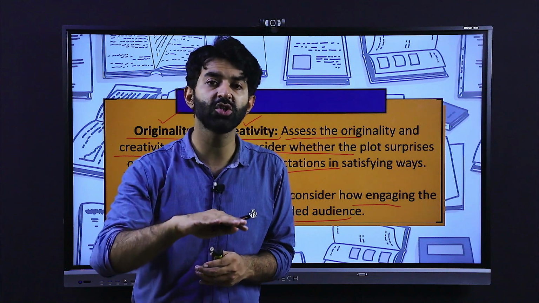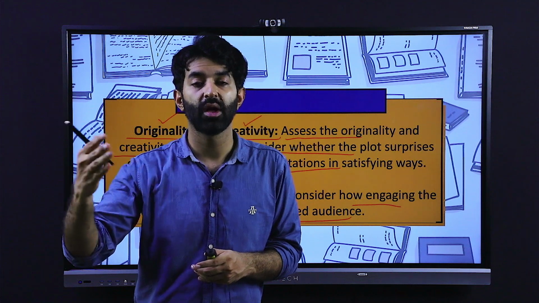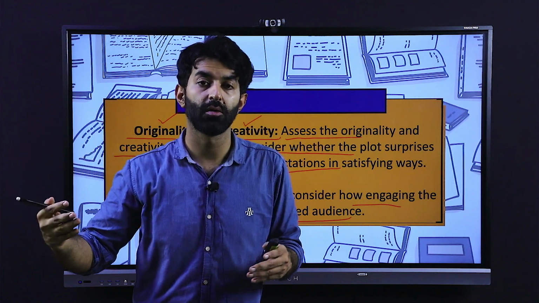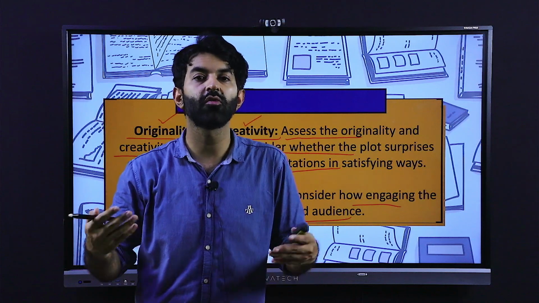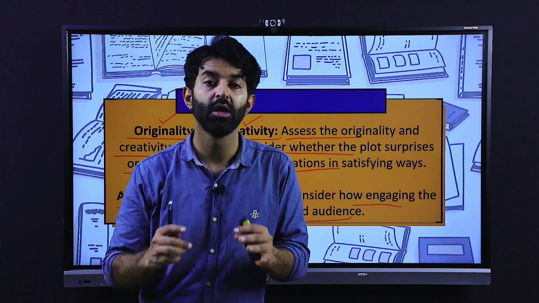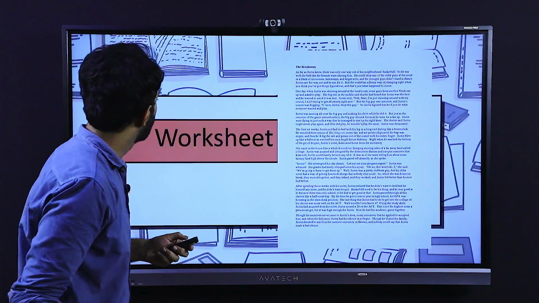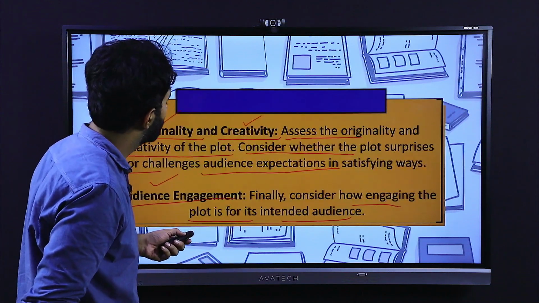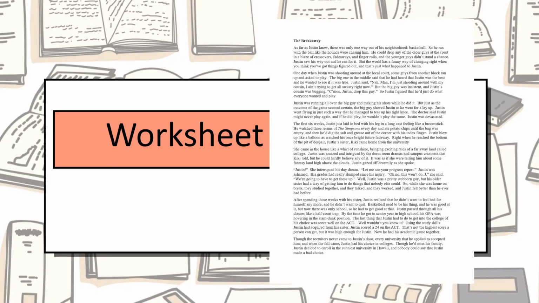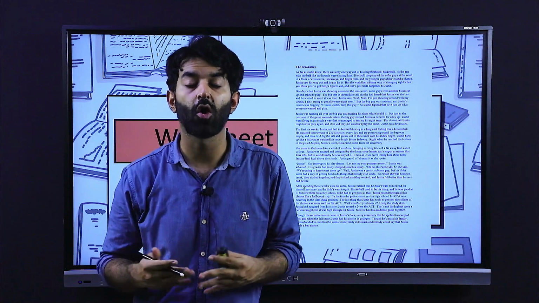So we cannot shift from a kid's story or a children's story to an adult or 30 plus or 40 plus morals or stories which the kids are not yet ready for. So it has to be very much consistent. This is how, by using all these different techniques and different steps, we can clearly critique any kind of plot